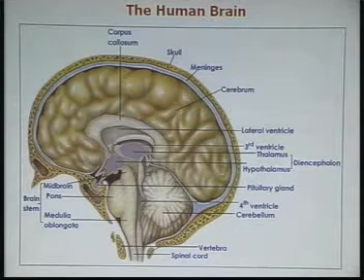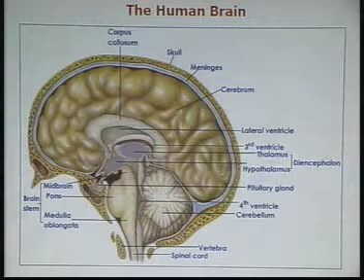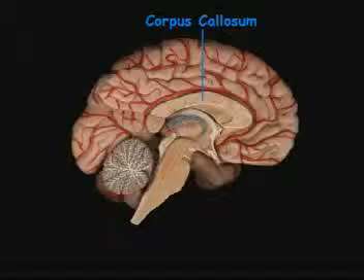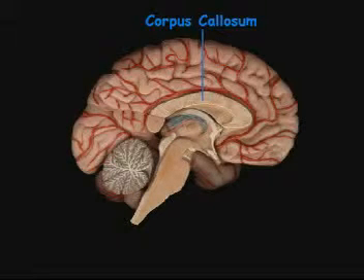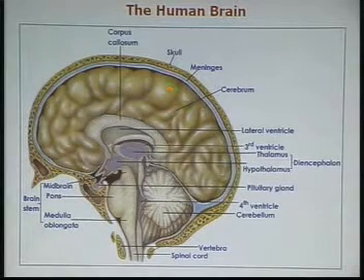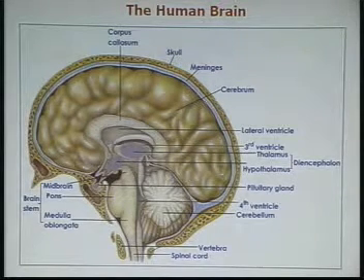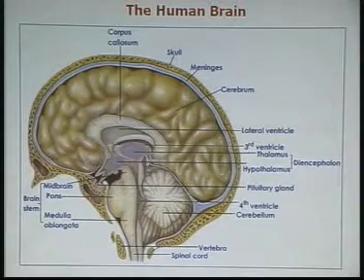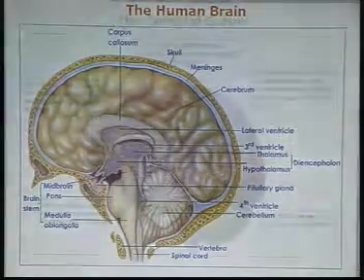The cerebrum, in fact, is made up of two lobes, the cerebral lobes. They are joined by a band of nerve fibers called the corpus callosum. Have a look at the corpus callosum. The outer region of the cerebrum is made up of grey matter and the inner region is made up of white matter. We'll have a closer look to see the different areas and the functions performed by them.